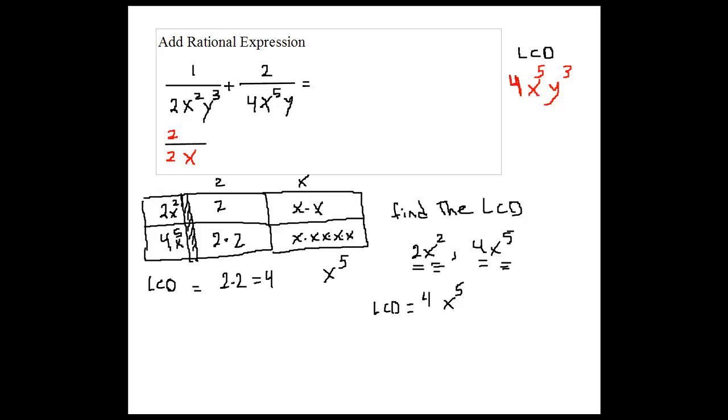Brian, you want to tell me what you multiply the top and bottom fraction with now? X to the power of what? To the power of 3. Very good. So yeah, I have to multiply the top and bottom fraction by 2x to the power of 3,